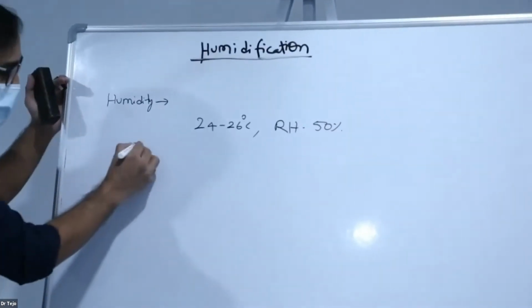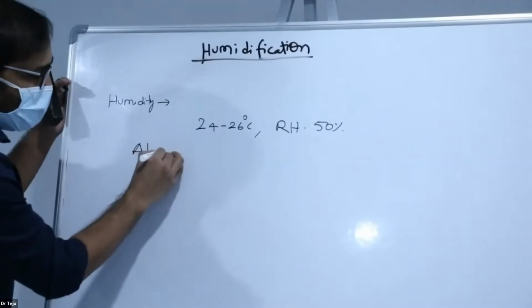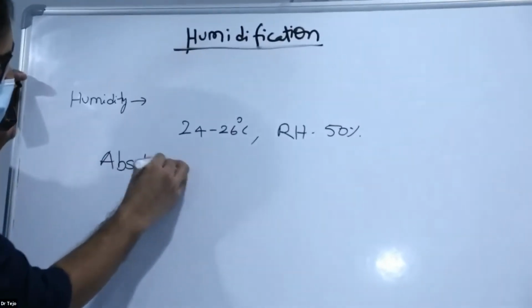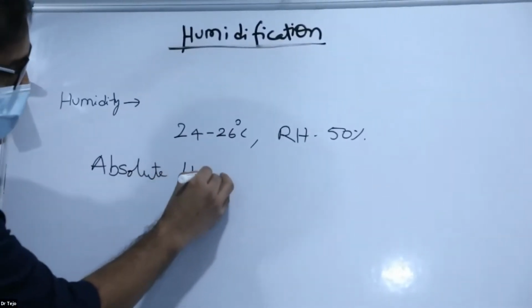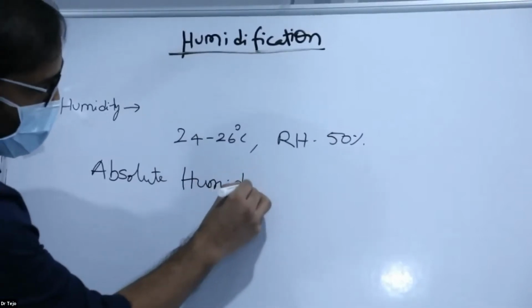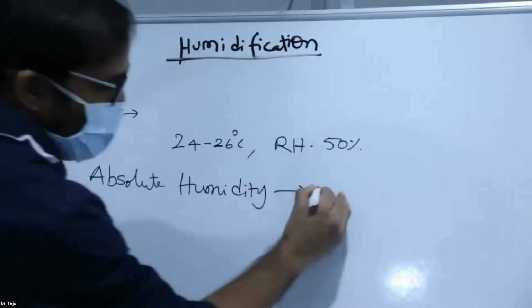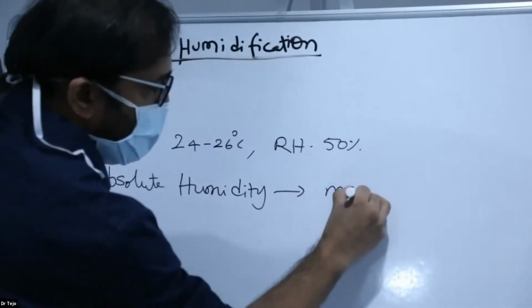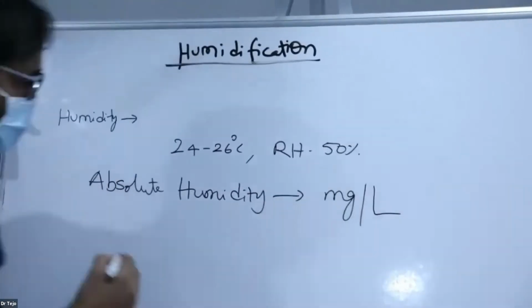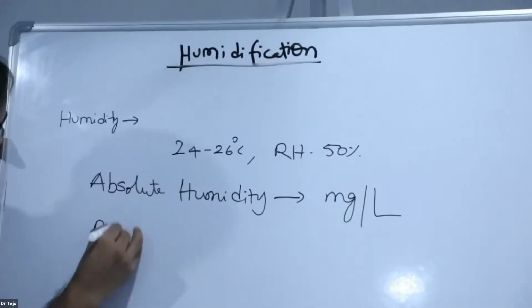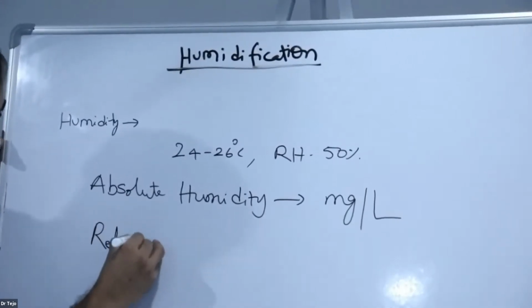First, coming to absolute humidity. Absolute humidity is nothing but the amount of water vapor in the gas. So this is called absolute humidity. It is usually mentioned in units of milligram per liter of air. And relative humidity is a ratio. It is always mentioned as a ratio